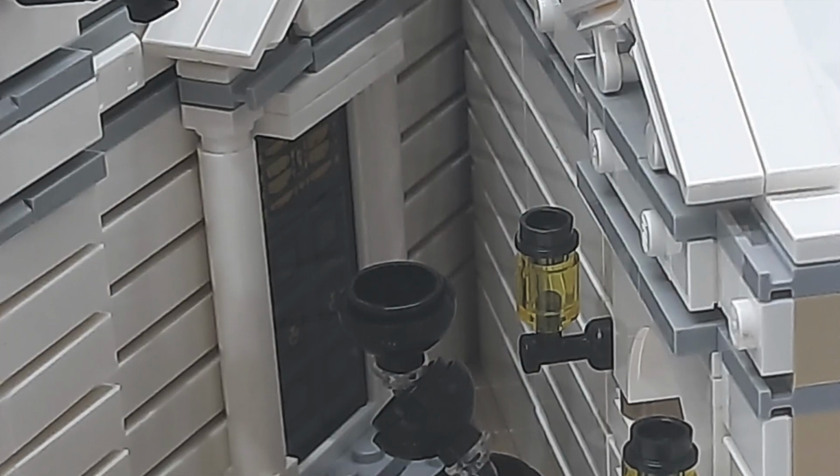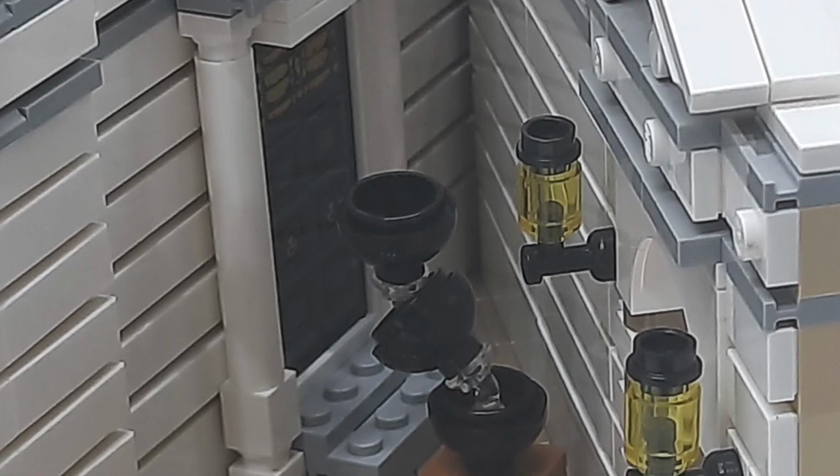And in the attic we do have this tiled Daily Prophet piece, and we also get a bat. I think it's actually a reference to one of the previous Diagon Alley or other Harry Potter sets. There was something with a bat also in an attic. Now moving to the right side of the building, we have some doors, some lanterns, and an archway,